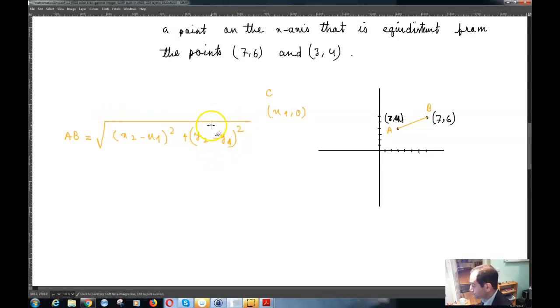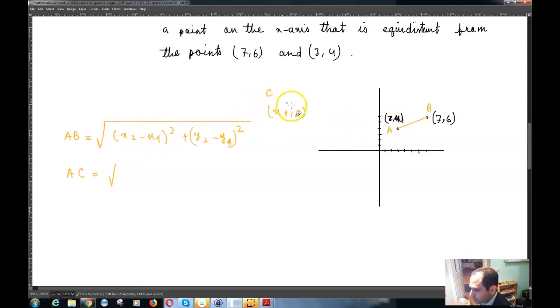Now we need to find the distance between the points A and C. So AC is going to be, I take this as x1, y1 and x2, y2, equal to the square root of